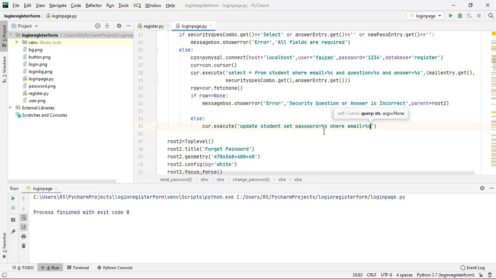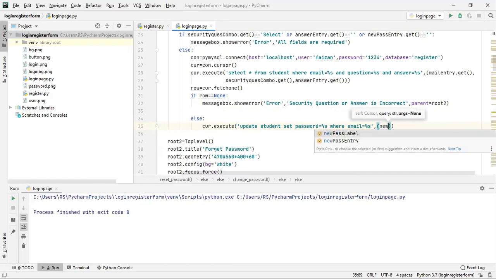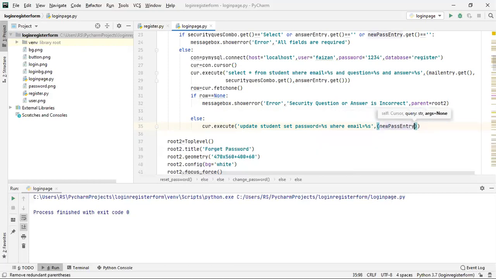I'll define what is %s now. The password will be new password entry dot get. This password will be updated with whatever you have written in that new password entry, where email equals to %s. It will be updated only if the email is this one, mail entry dot get.